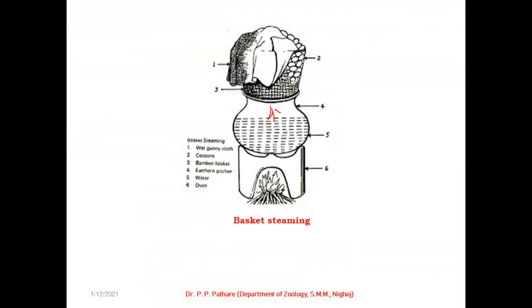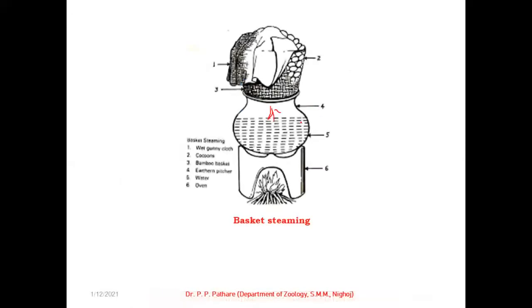This is the photo image of the basket steaming. Here you can use some burning material in one metal container, keep the required amount of water and start the steaming. After the water boils, you can release the hot steam into the basket. You can close the mouth of the basket tightly using the cloth, and after the complete process of steaming you can release it, then dry it. समझ में आ रहा है आपको?